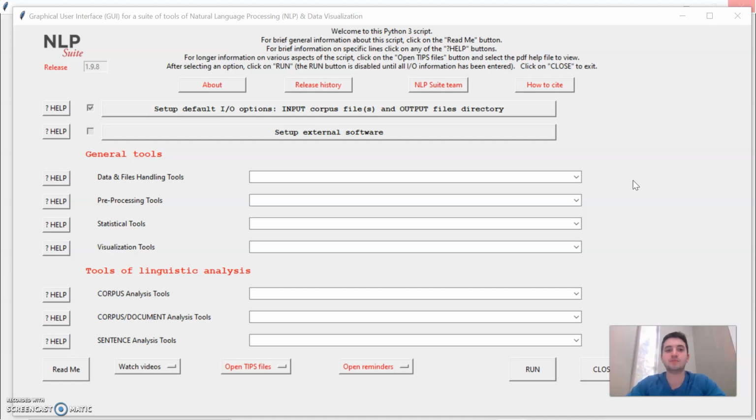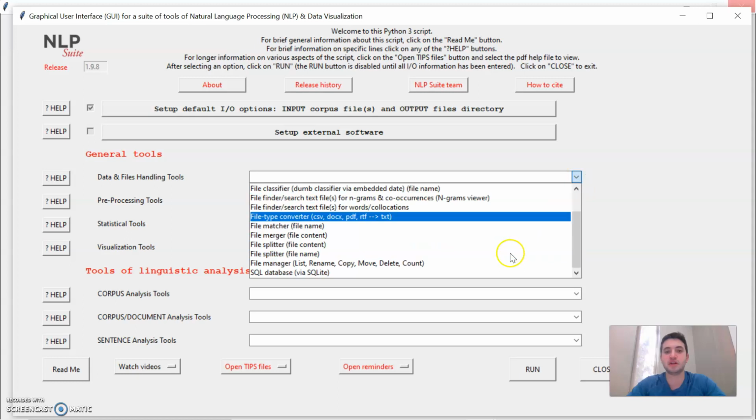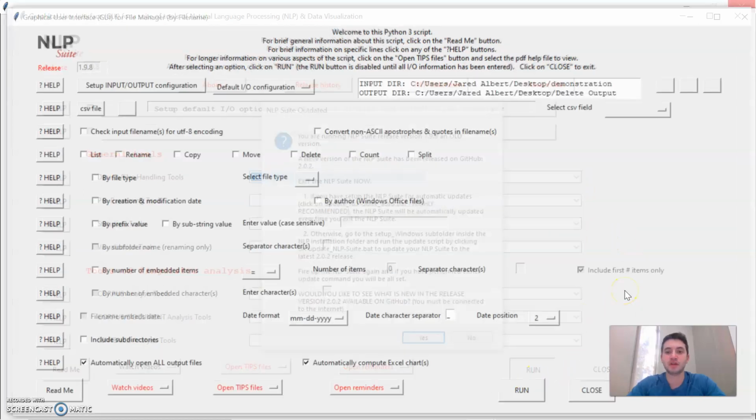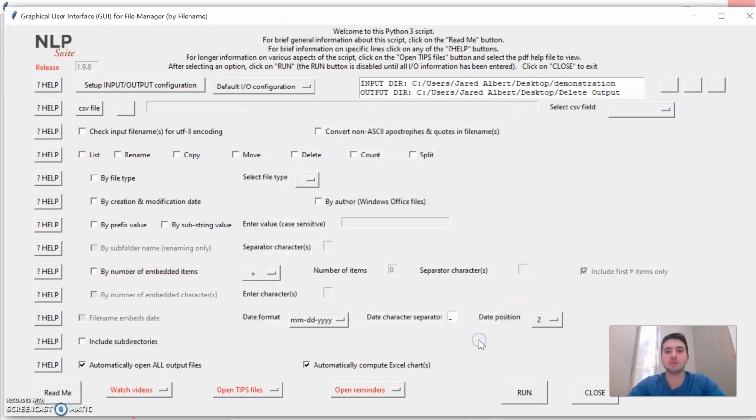So to get there, we first need to locate Data and Files Handling Tools, and select this drop-down menu and scroll down to File Manager and click Run. This will open the File Manager GUI. Essentially, this is pretty complicated looking, but I'm going to walk you through each part of it and break it down. So the way the input and output is configured is the same as other scripts, but a